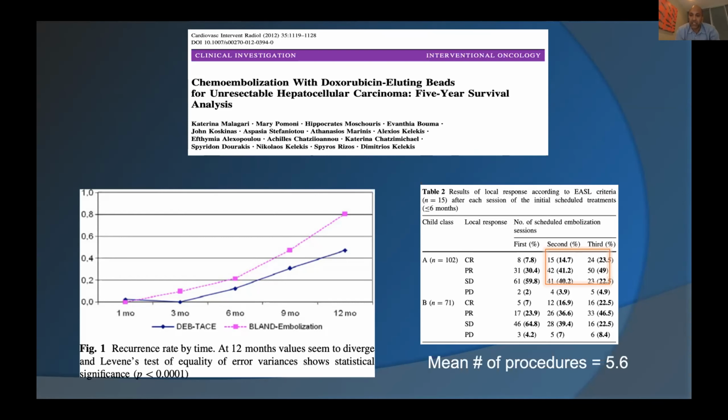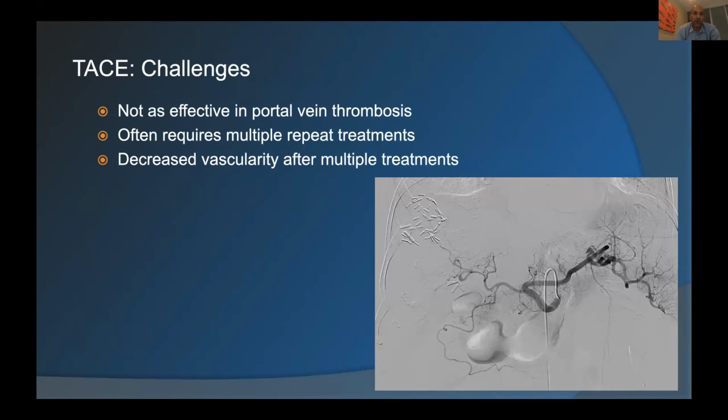The other interesting thing is that anyone who does chemoembolization knows that you have to do it often, multiple times. So if you look at how many times they did it, 1 time versus 2 times versus 3 times, you're doing a bunch of procedures on any one patient. And of course, when I see patients in consultation, I say, look, this is a process. It's going to take a couple of rounds for us to get our optimal results. So that's one of the challenges.